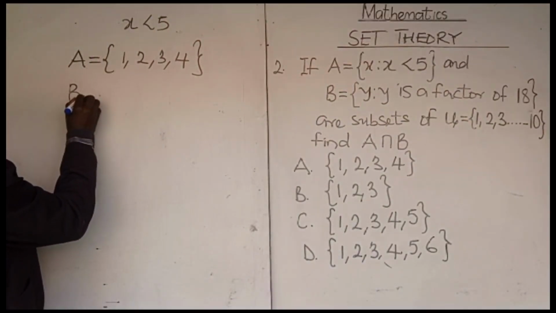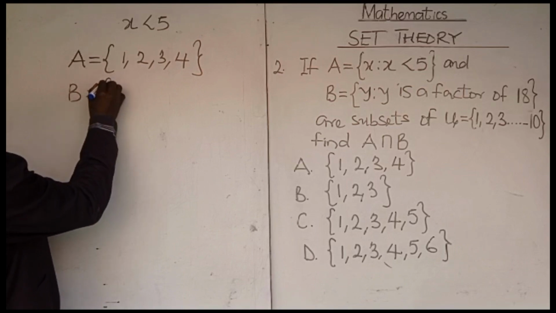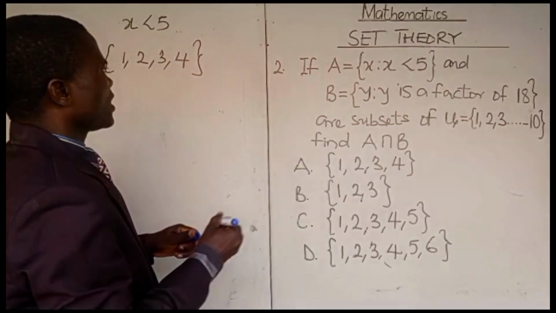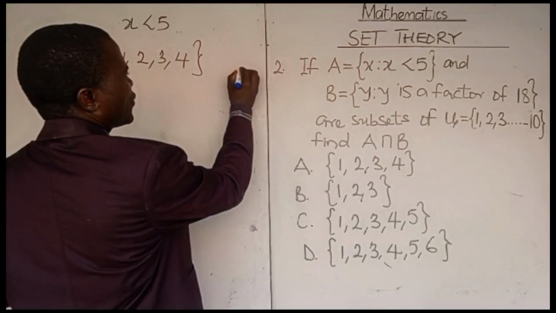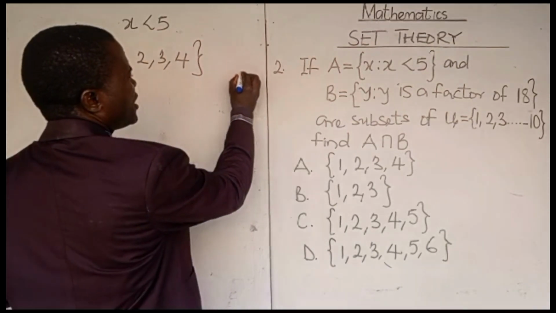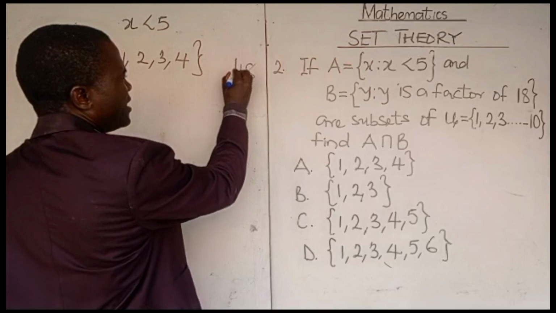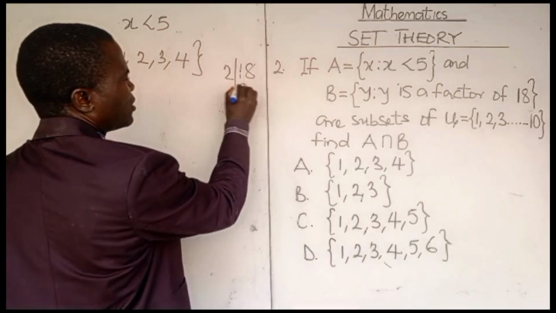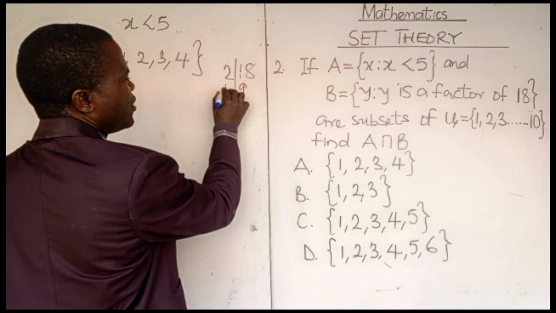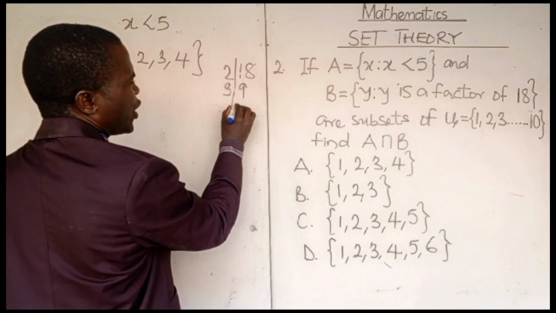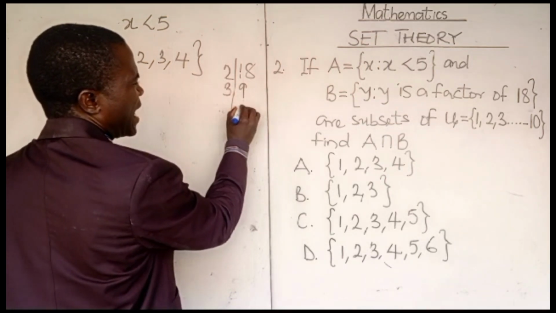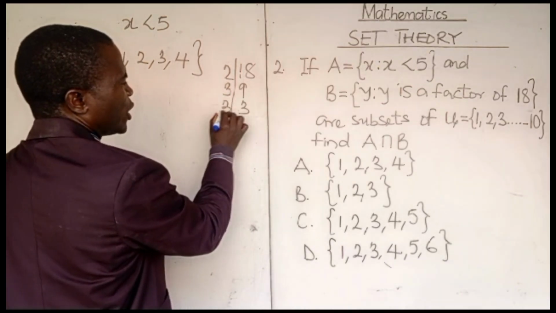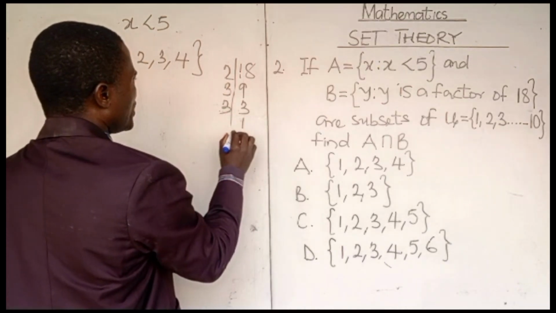Subset B is equal to factors of 18. How do we get factors of 18? We are going to put it this way. We have 18 this way. 2 goes in 18, we have 9. Can 2 go in 9? No. What about 3? Yes, 3 can go. 3 goes in 9, we have 3. What else can go? 3 can still go. 3 goes in 3, 1. So the subset